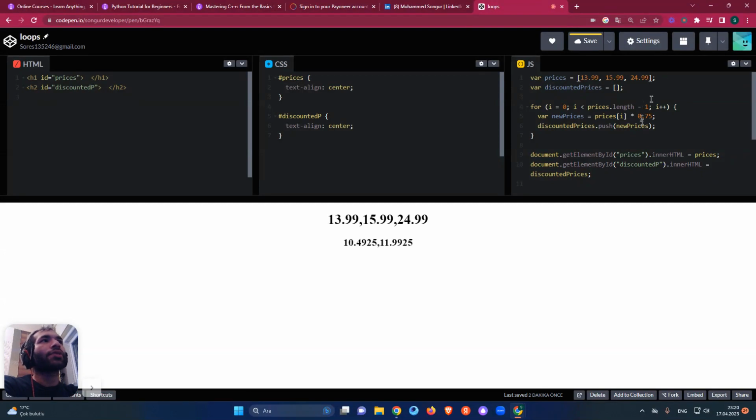So normally if you put there 8, sorry, if you add here 4, let's say prices dot 4, it will give you an out of bounds exception. It means there is no value like that. But if you do it in an iteration with a for loop, for example, it will not show you that because